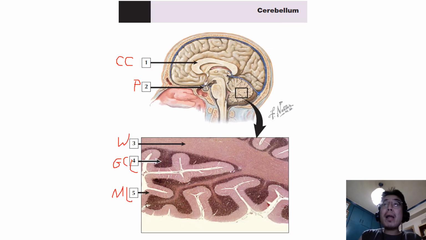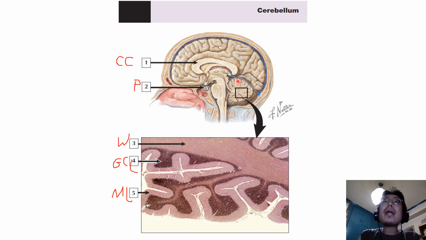Speaking of the cerebellum, it is a bilaterally symmetric part of the brain. Its surface, as we can see here in the schema and below it in the light micrograph, is extensively folded, and it possesses thin transverse folds known as folia. Folia, because they resemble the leaves of a tree. The cerebellum consists of a surface layer of cortex of gray matter and a medullary center of white matter.